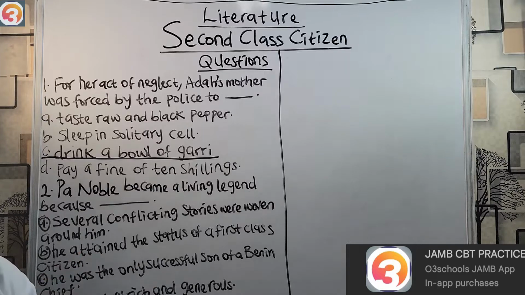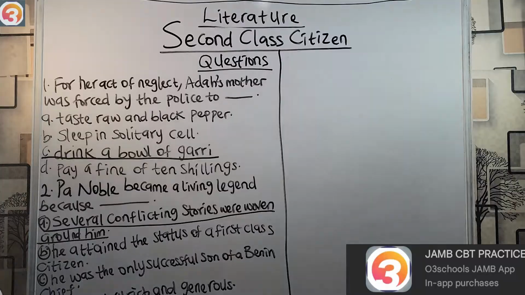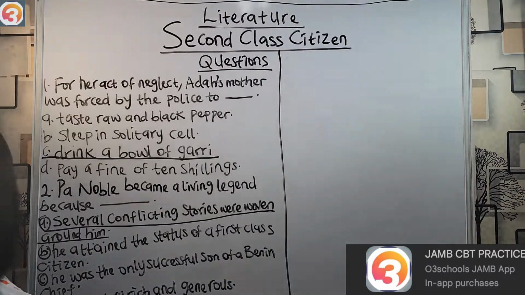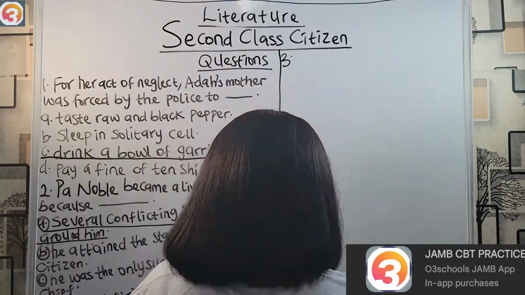So he got there after having miscalculated about how much he would need. And then instead of trying to see what he could do, we find him making bad choices, which thankfully he was able to come back from and get a house before everything totally collapsed around him. So the correct answer here is A. Several conflicting stories were woven around him. Whether it was true or not, the stories were just being passed round. Then we have